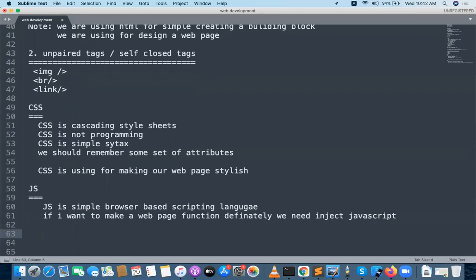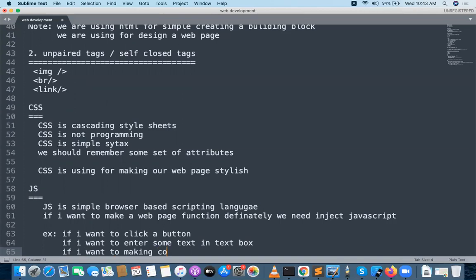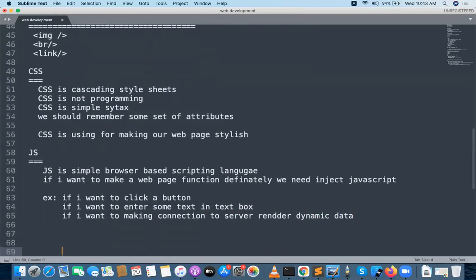But after creating a template, if you want to make it functional, for example, if I want to click a button, enter some text in a text box, or make a connection to a server and render dynamic data, whatever the functional part of the HTML we are doing is with JavaScript.